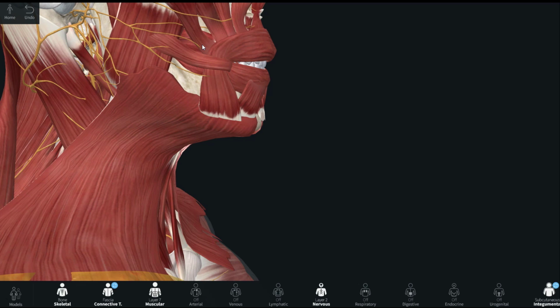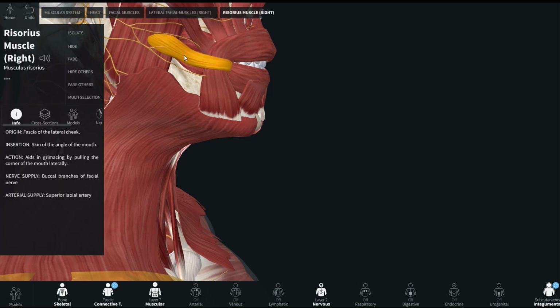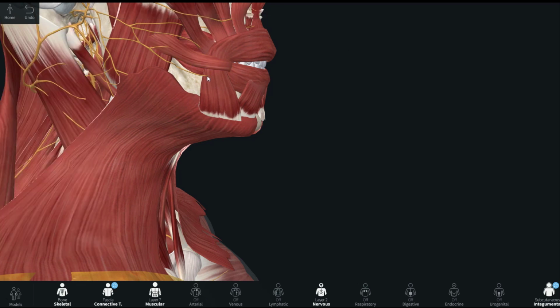They turn somewhat medially like this, and through this muscle, which is the risorius, can you see? Yes, this is the risorius. Through the risorius muscle, there is some connection over here with the posterior fibers. Sometimes this is seen, okay? Most of the fibers are getting inserted on the lower border of the mandible. There is no problem regarding that. But there are some posterior fibers which actually turn medially,